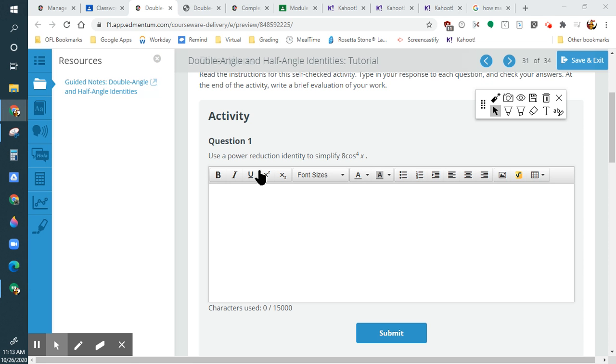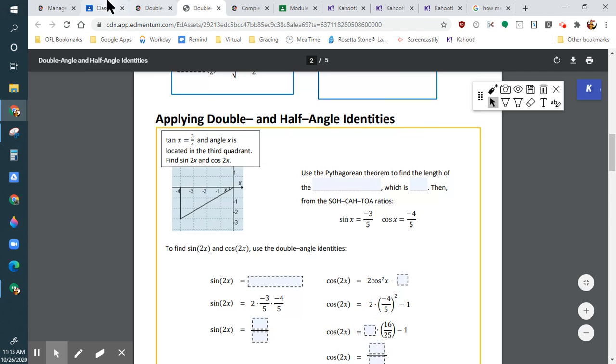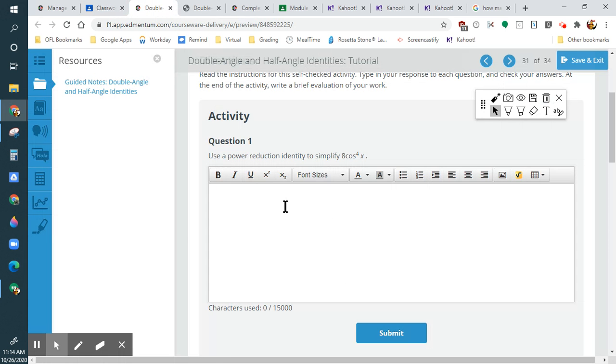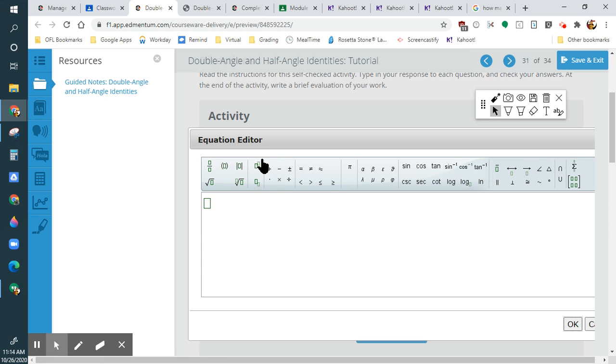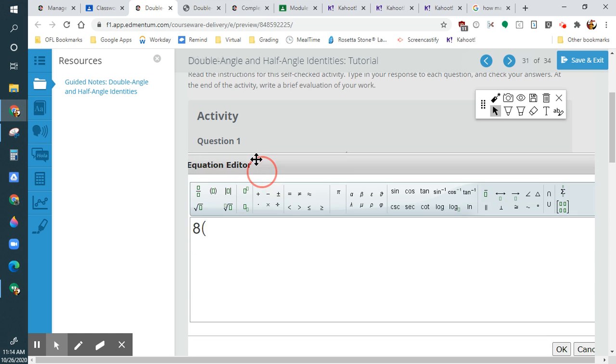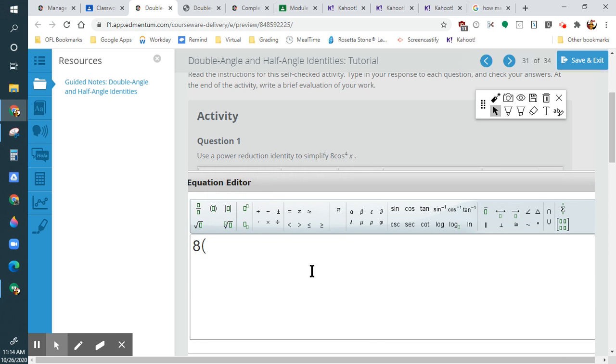All right. So as always, guys, the guided notes are better than I think my sheet. But since I started doing it with this sheet, I'm going to keep doing it. So what we're going to do here is we're going to open up the equation editor. We're going to type in the h, and then we're going to do our parentheses to get rid of this. So remember, we are multiplying. So what happens here is this becomes,